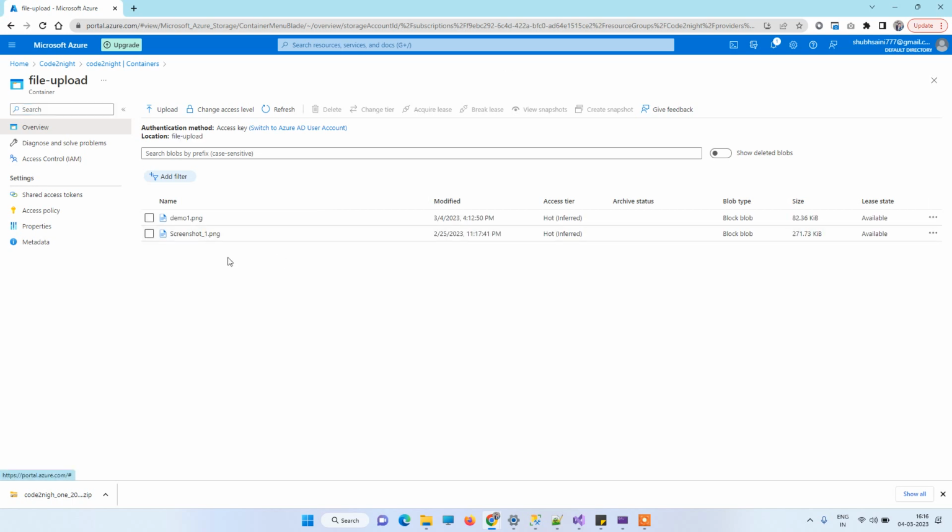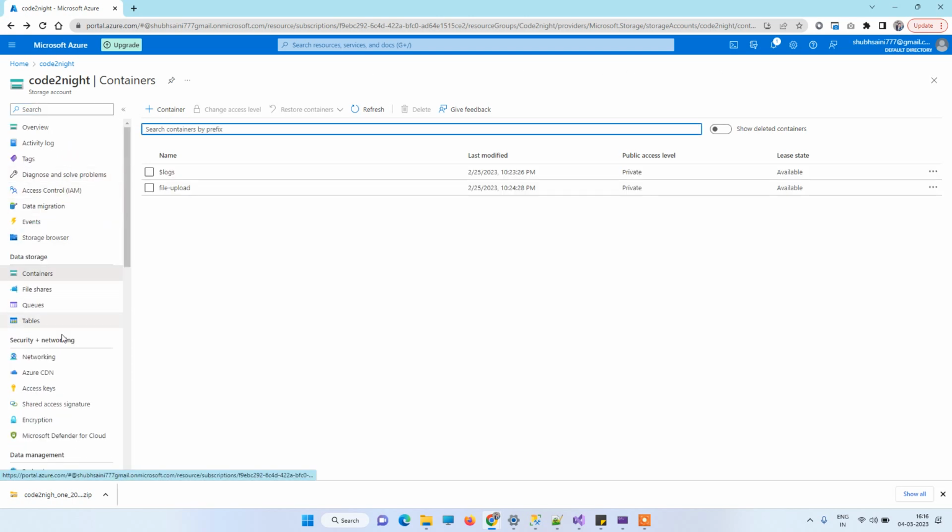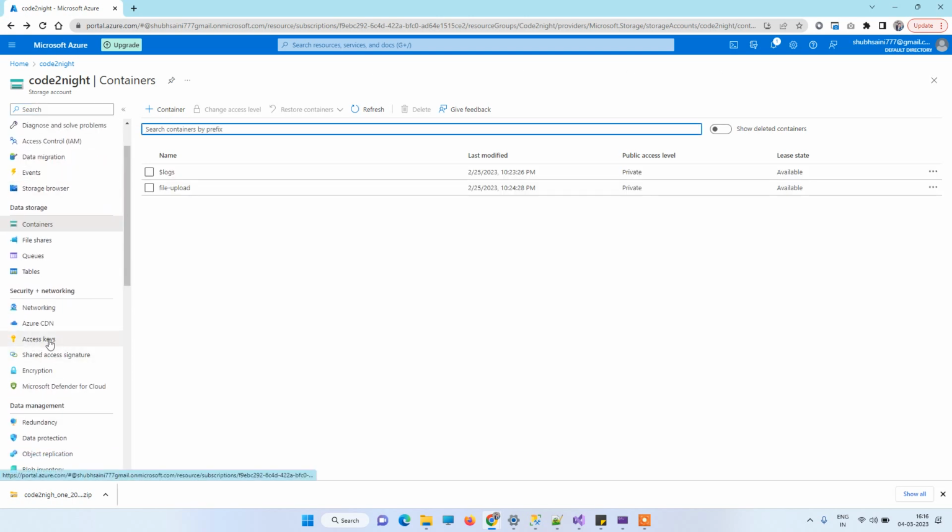So here you will see that we have two files already, and I will show you how we can upload files. Okay, so we will see that. Now for uploading the files, two things that you need are, one is connection string and the second is the key. Okay, so what you have to do is you have to go to this access key option over here,